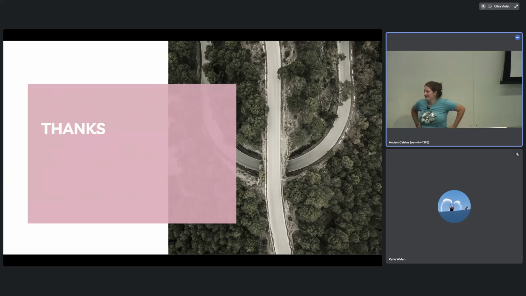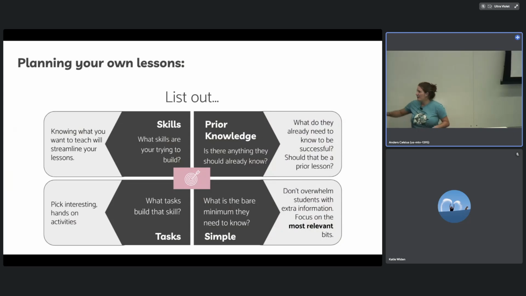That leads into my second question. I'm more on the technical side. Us really technical people. How do you prevent yourself from? By knowing what the bare minimum they need to know is. I think I was probably born to be a teacher, so I have it a little more innate. But this is why I ask what's the bare minimum they need to know? Try to focus on that. You're gonna have kids who want to jump into the weeds with you, but you don't want to lose all of them.